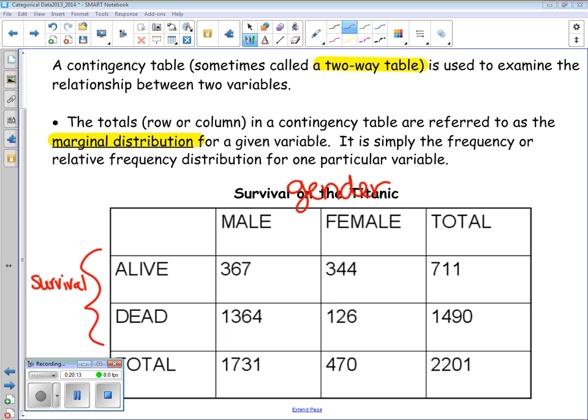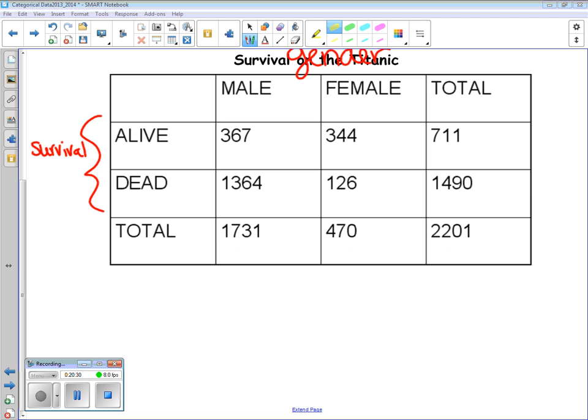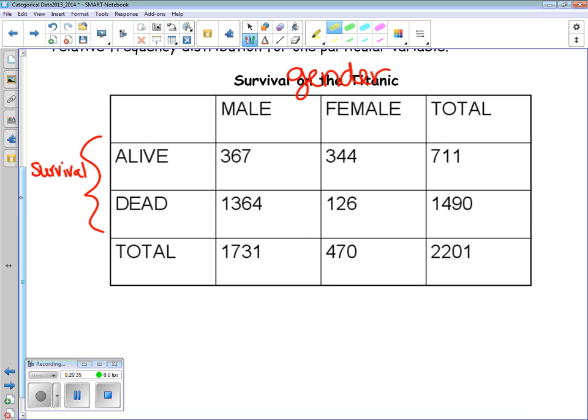So we know that 367 males, that being the gender that we're talking about, survived the Titanic, okay? Now, when I'm talking about a marginal distribution, I have to know whether you mean a marginal distribution on gender, or a marginal distribution on the survival. It's one or the other, okay? So I'm going to say I want us to talk about the marginal distribution for gender. So let's do that. What would that look like? So the marginal distribution for gender